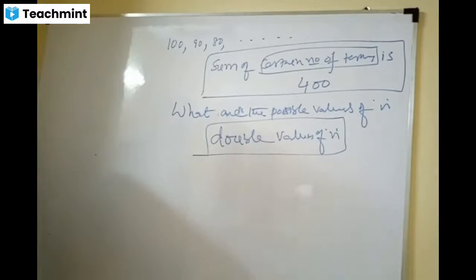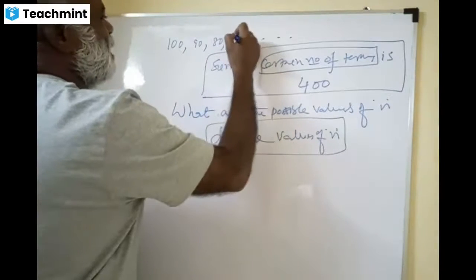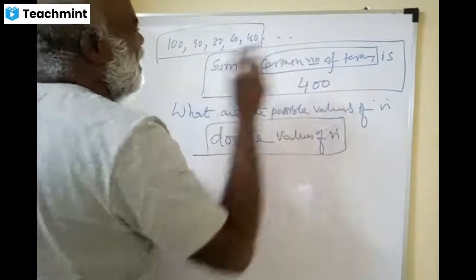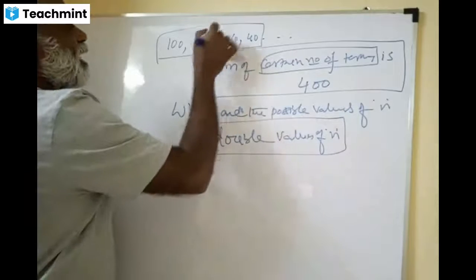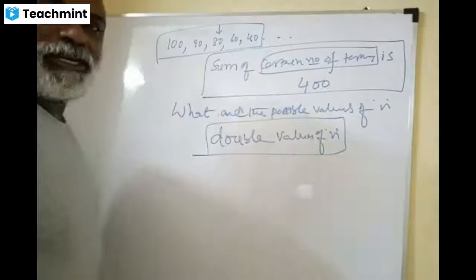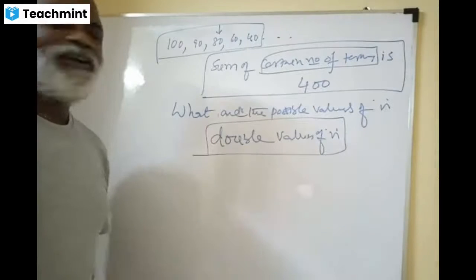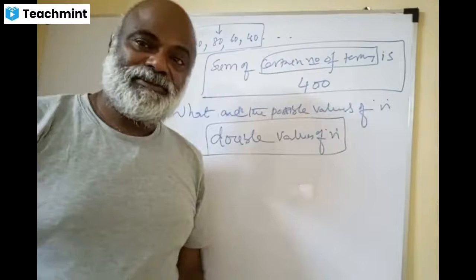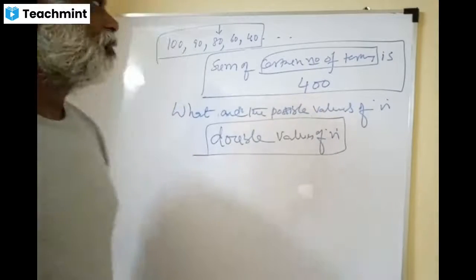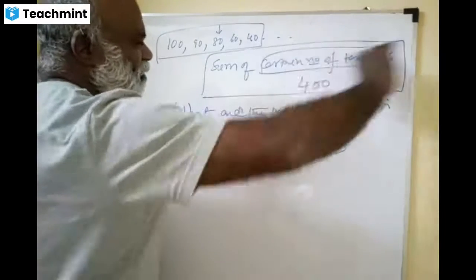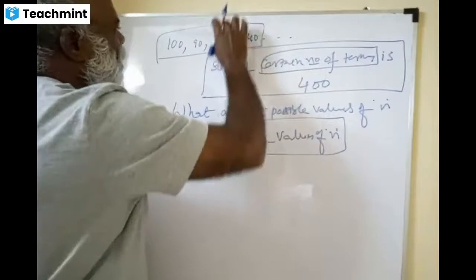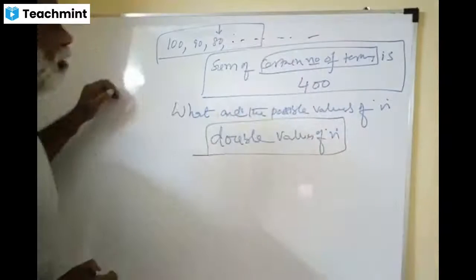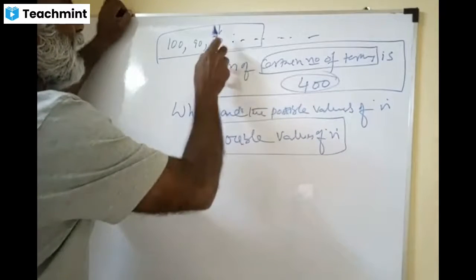So, see, very simple. First one is if I take this as 60, this as 40, right? If you take these 5 terms, you get 400. The middle term is 80, 5 times 80 is 400. But that's how I frame the question. But what are the possible values of n? Normally they give only 3 terms. I just made 5 terms. But anyway, 400 and the middle term should be 80.